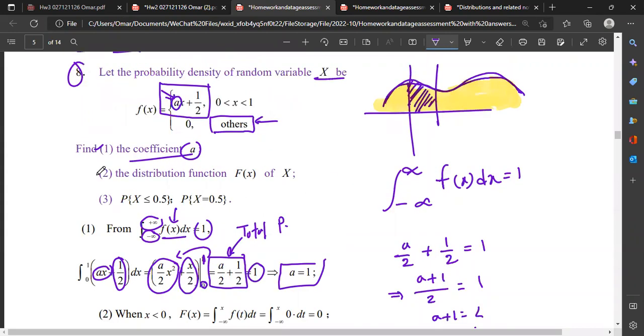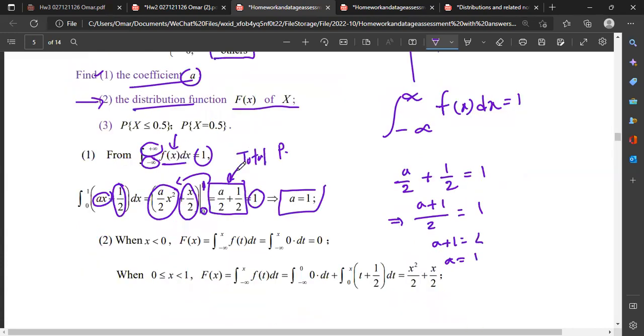And now let's see the second question here. The distribution function of f of x. So we need to find the distribution function. We have been given the interval here from 0 to 1, right? So firstly, we calculate when